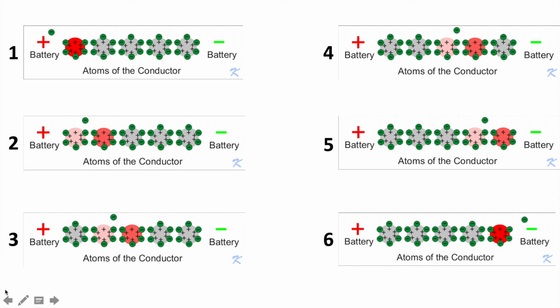So the direction of the flow of electrons is always from negative to positive. At the same time, positive charges appear to move in the other direction, that means from positive to negative. So the direction of current is always considered in the opposite direction of the flow of electrons. I have taken this animation from the website douglaskrantz.com. The link is given in my description box and you can use that link for a greater explanation of the direction of flow of current.